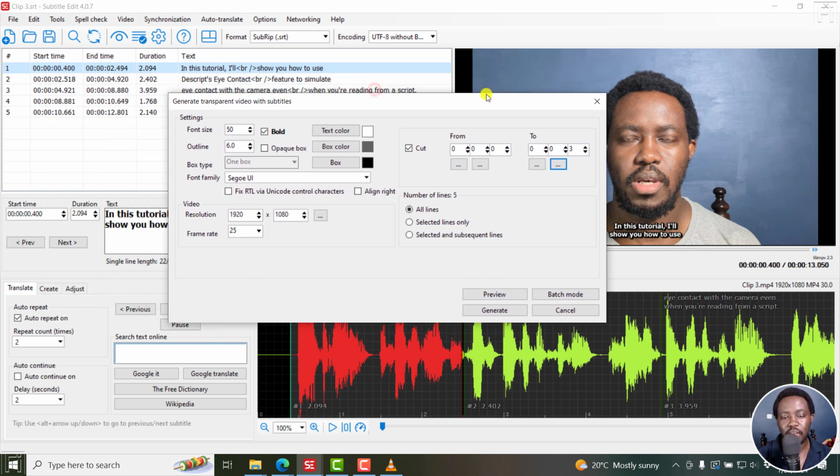I do believe we can make this window a little bit bigger to accommodate some few feature additions right inside here. And I can already see we have some sort of container here that can actually be added. Maybe the only thing missing is some other content to add on this side, but hopefully we get that in future. But those are some new fixes and an update to the generate transparent video with subtitles feature in